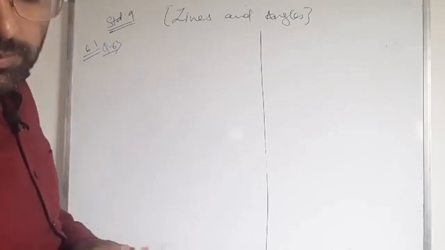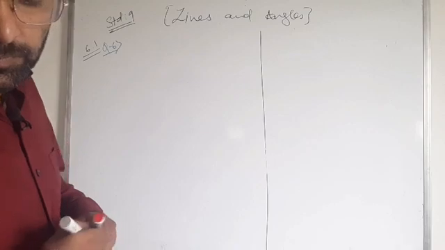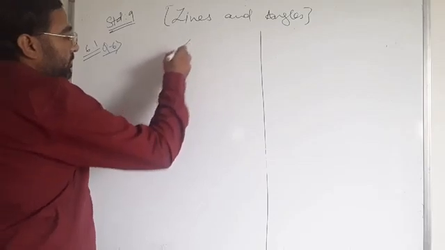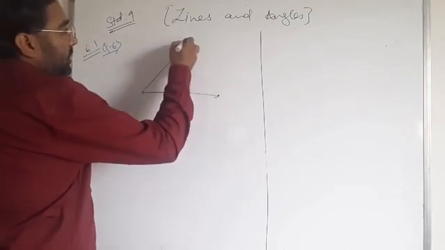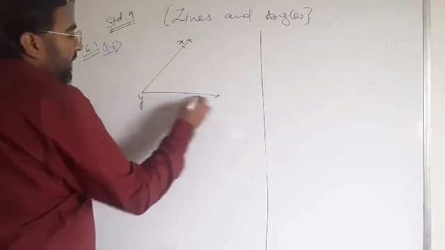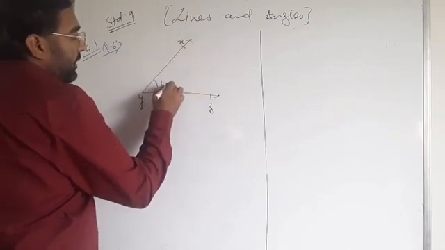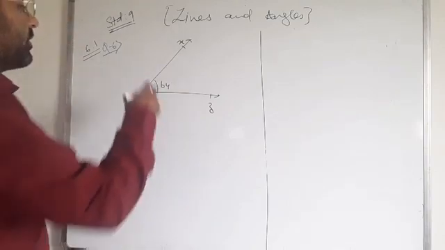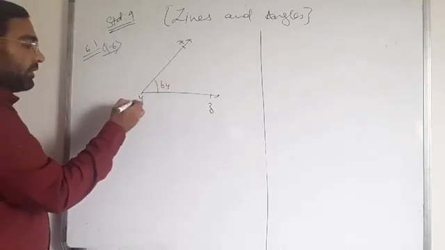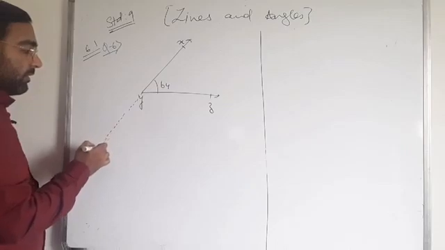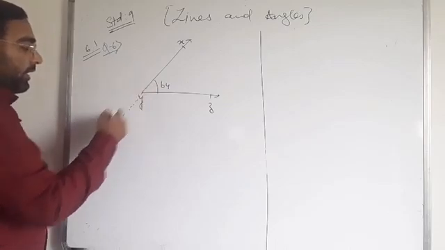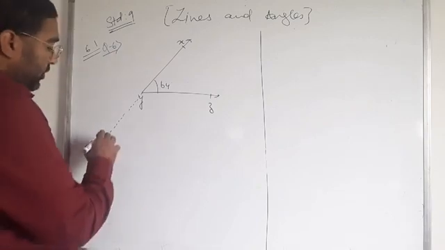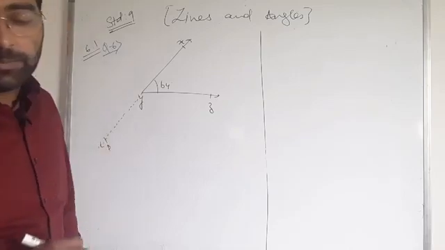Angle XYZ is equal to 64 degrees. First of all, I will draw the XYZ angle. This is my X, Y and Z, that is 64 degrees. XY is produced to point P, so I will draw this line. That's why I'll produce XY to point P. So here, one of the points, P, is here.